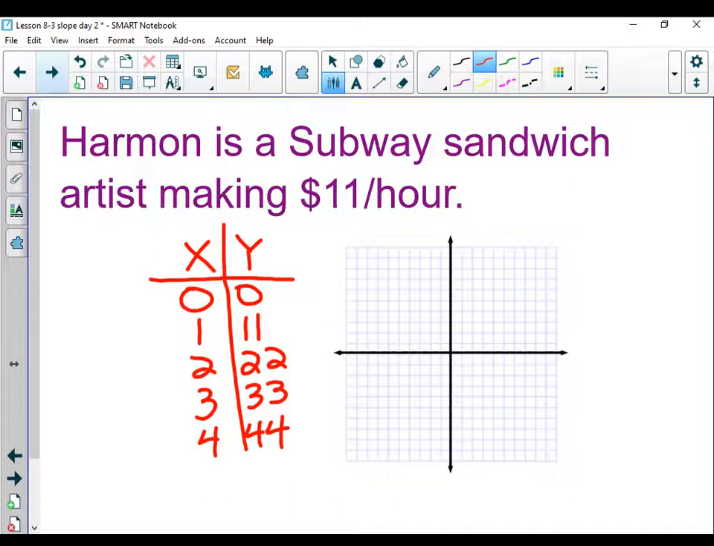I know you don't have a graph, and that's okay. If I was going to graph it, first of all, I probably wouldn't be able to count by ones. Do you agree? I wouldn't have quite enough room. So maybe 10, 20. So if Harmon works no hours, he makes no money. If he works 1 hour, he makes 11, a tiny bit above 10. If he works 2,